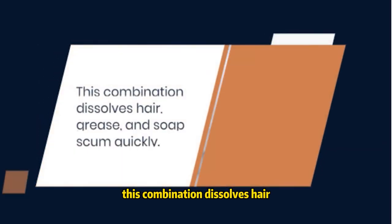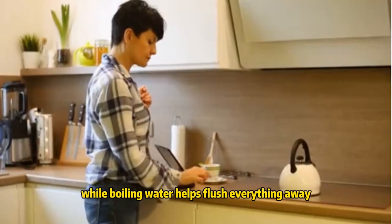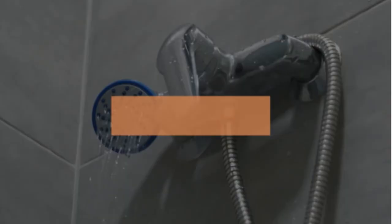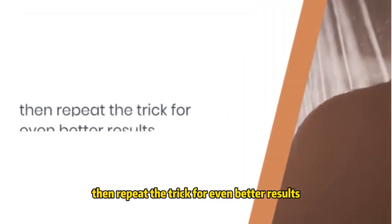This combination dissolves hair, grease, and soap scum quickly. The fizzing reaction breaks down buildup, while boiling water helps flush everything away. Still slow drainage? Use a bent wire hanger to pull out hair first, then repeat the trick for even better